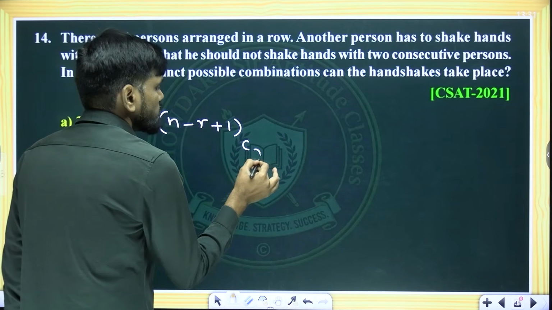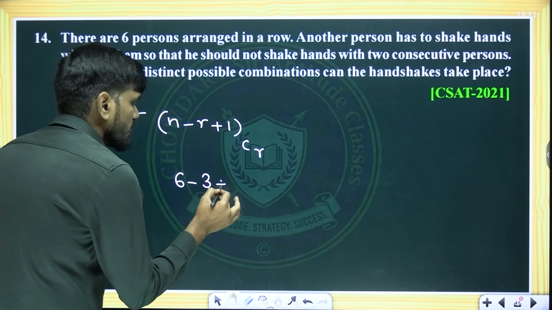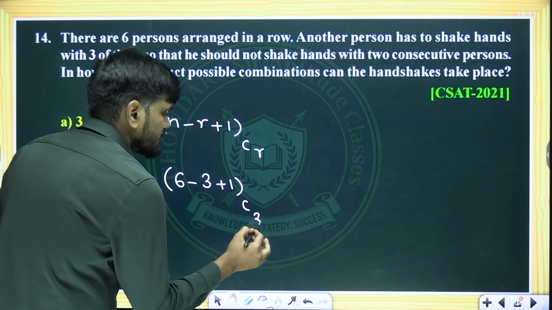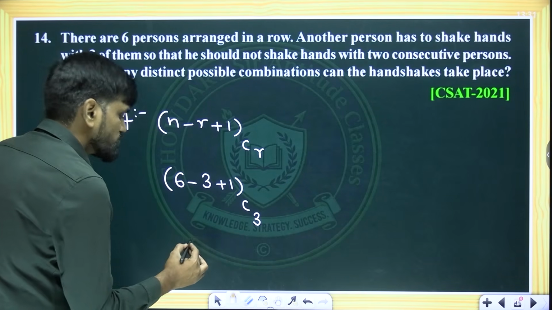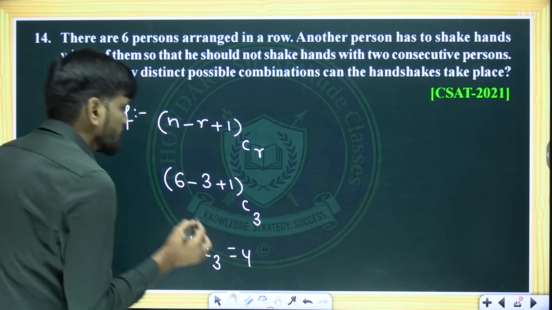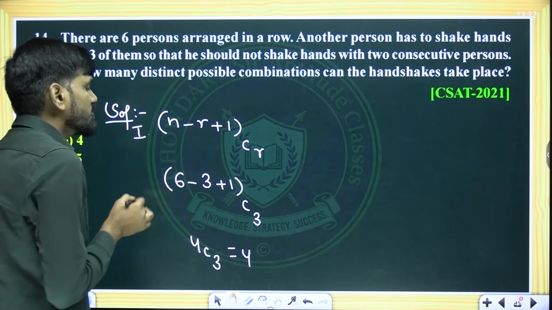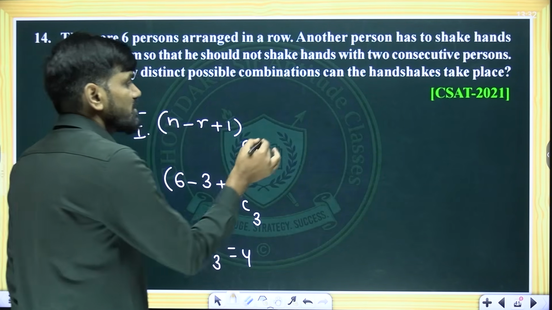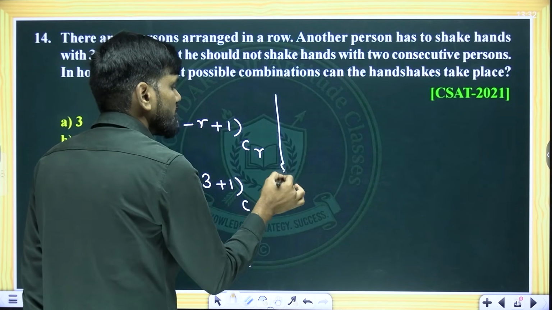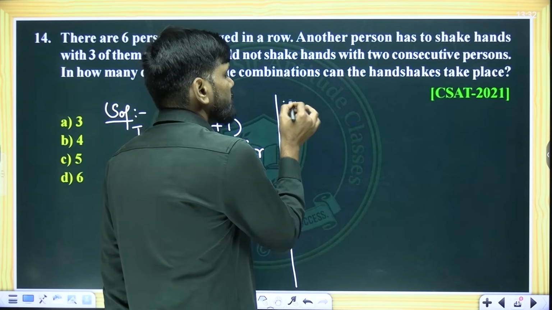So here n is 6. Out of 6 you have to choose 3 such that no 2 are consecutive. So 6 minus 3 plus 1 C3. This gives you 3 plus 1, that is 4. So that will give you 4C3. 4C3 is nothing but 4. This is one way of looking at it. Out of n objects, R objects can be chosen such that no 2 are consecutive in n minus R plus 1 CR ways. Another way of looking at it would be